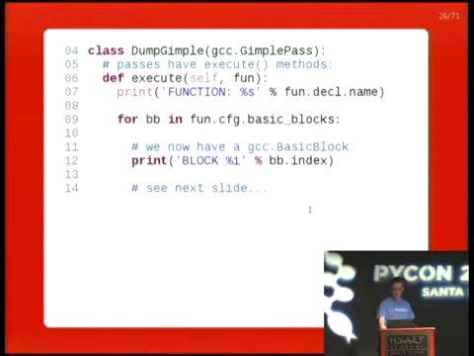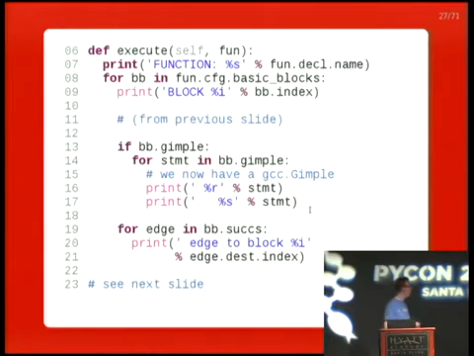And let's print the block's index. And then where are we? We're at line 13. If it's got gimple statements, let's iterate through them. We'll print the repr, we'll print the stringification, and then let's look at the successor edges of control flow leading out from the block and print where they go to. So